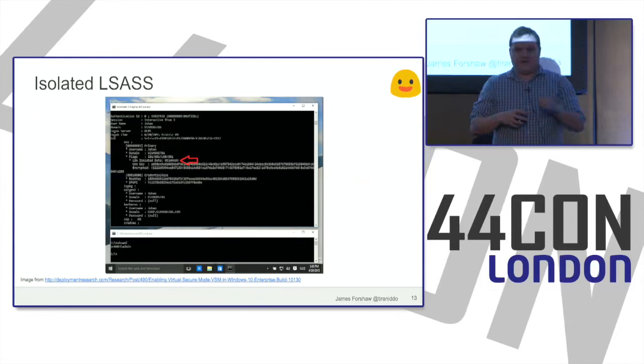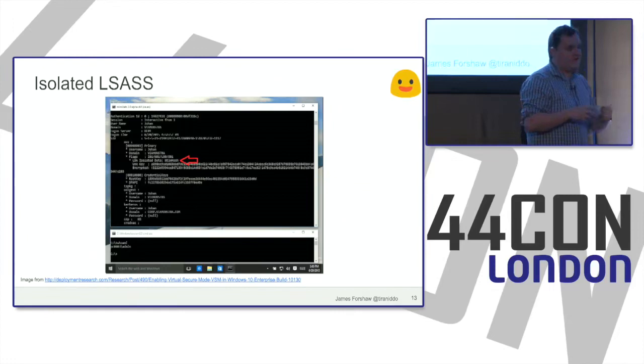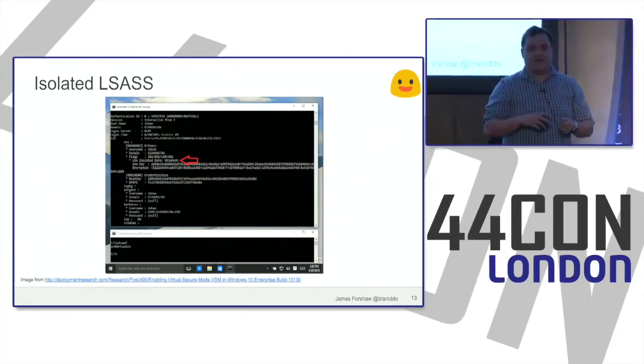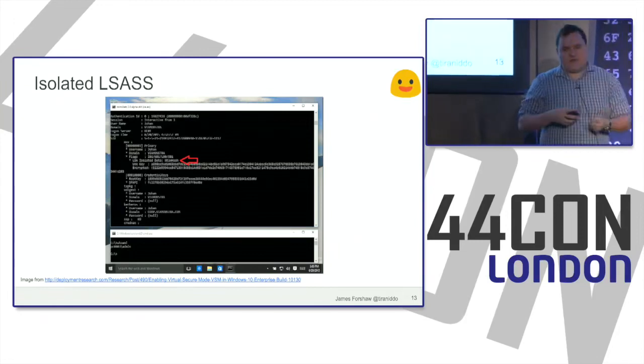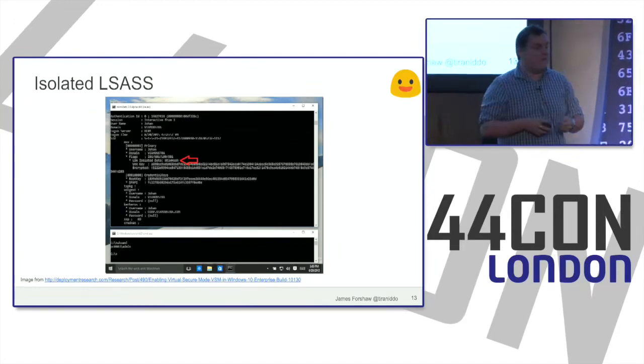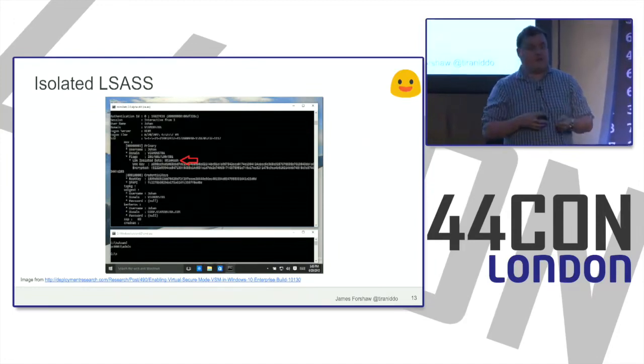But it's also the key weakness in the Windows domain architecture relative to a local attacker being able to get your credentials. Almost certainly there'll be some people in here who do infrastructure tests. They will have got themselves on a machine somewhere, run Mimikatz, and dumped the current domain admin's password or hashes, and you can then replay them and get access to the entire domain and compromise the domain. So isolated LSASS actually provides a mechanism to firewall that off from other user mode and even other kernel code, and protect those credentials and stop them being compromised.